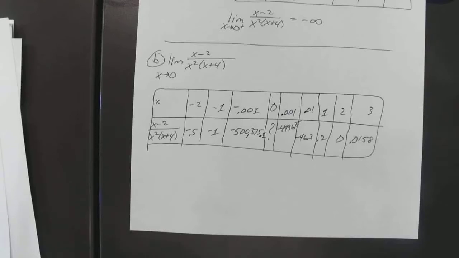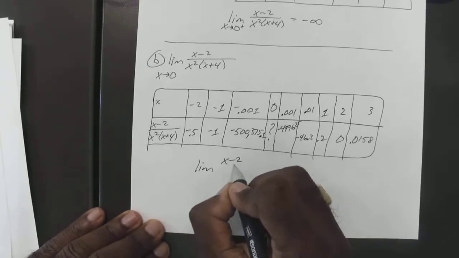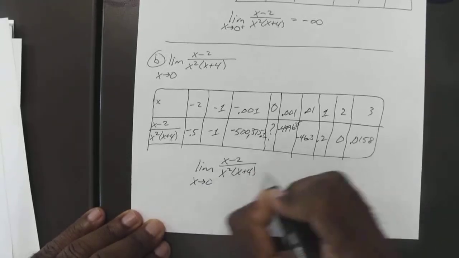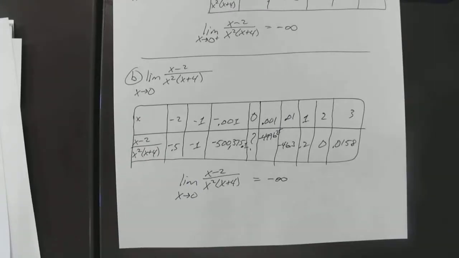So will I ever have a positive and negative infinity? You just read my next example. That's it. Okay, so the limit of x minus 2 over x squared times x plus 4 as x approaches 0 is negative infinity. Oh yeah, with this one, you don't really need to know the vertical asymptote. The next one I'm talking about, yeah. Next one. Yes. You said if it's approaching 0 from either side,